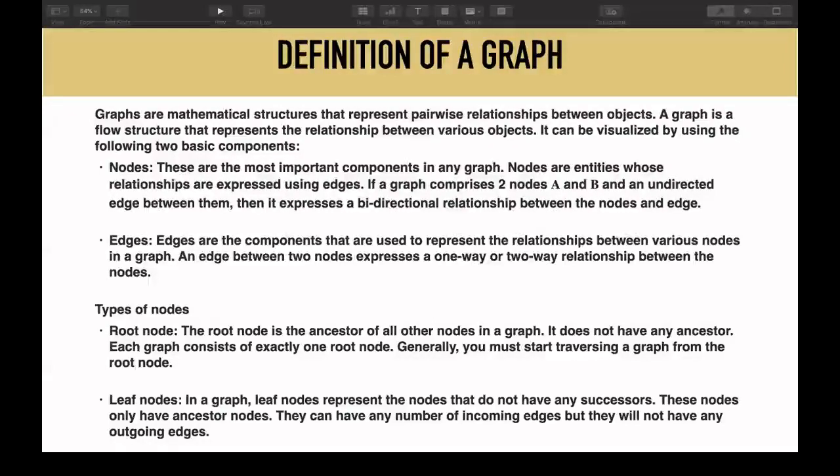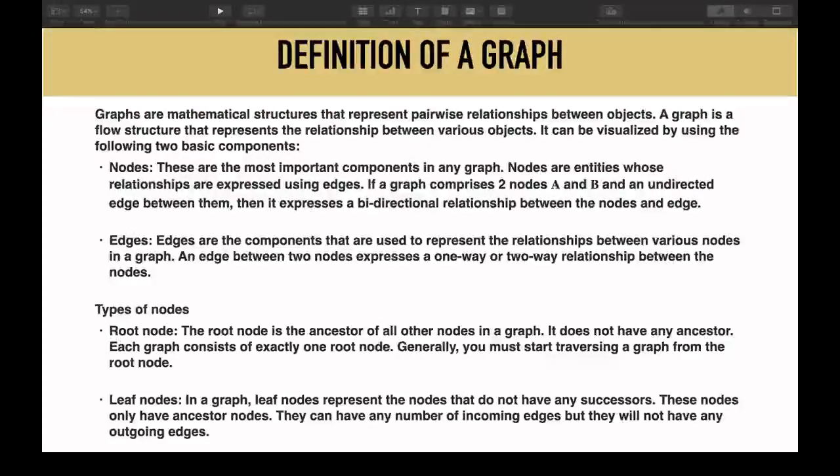Now the speciality of a tree is that if I'm having n nodes in a tree, then there will always be n minus 1 edges. What does that signify? It signifies that there is no cycle in my tree, I mean in my graph. So a graph without a cycle is basically a tree. This is possibly the shortest and crispest definition of a tree. A graph having n nodes and n minus 1 edges is a tree.